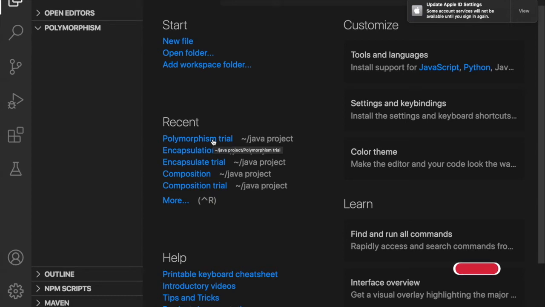In this part, we are going to talk about polymorphism. Polymorphism allows you to define one interface and have multiple implementations. In this example, we will define the method sound and have multiple implementations of it in the three different subclasses. So first, we are going to create different classes, including the main.java